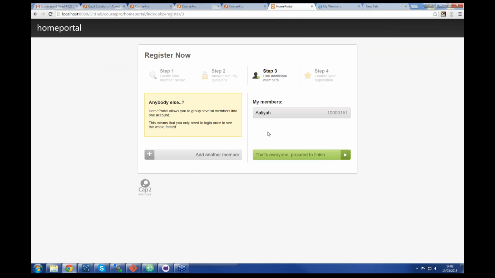Here, if there are multiple members, so if they're actually connected to other relations, you can add other members to this account. Additionally, you can add non-relations to this account as well. So here we only have one member, and that's all we want to add. So if we go proceed to finish,